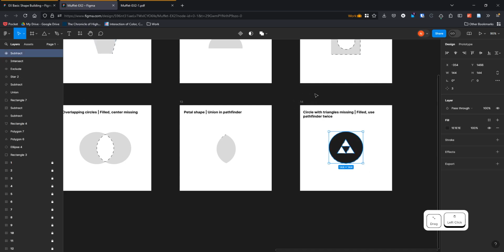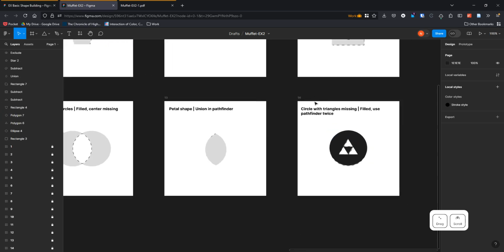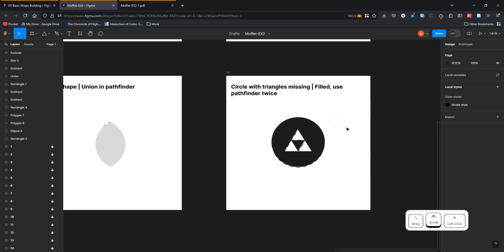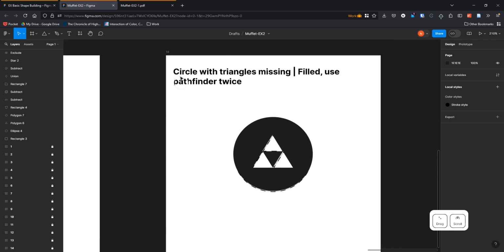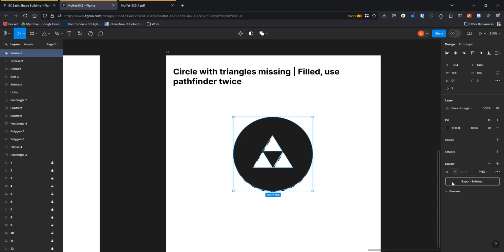The way that you do that is you first need to select that frame. And you can see I have most of these locked here so that we don't accidentally move the guide images around. But let's say I wanted to export our last one. I can see up here that this is frame 14. So I can select that over here in the Layers panel. So if I hit plus here, you'll see that I get a similar screen to what we got in Illustrator, where